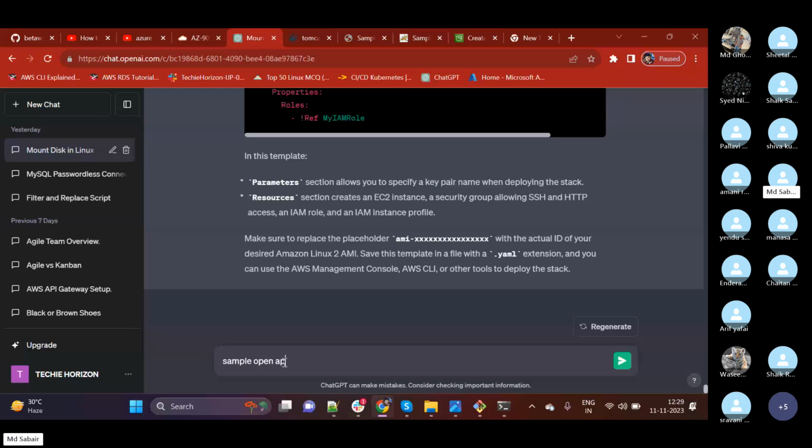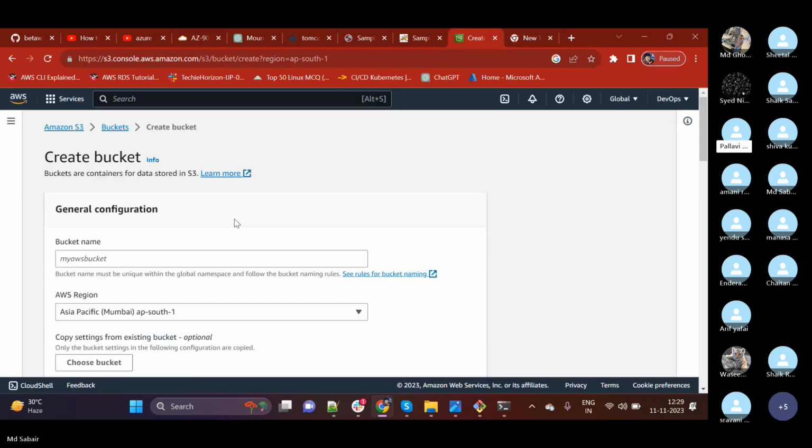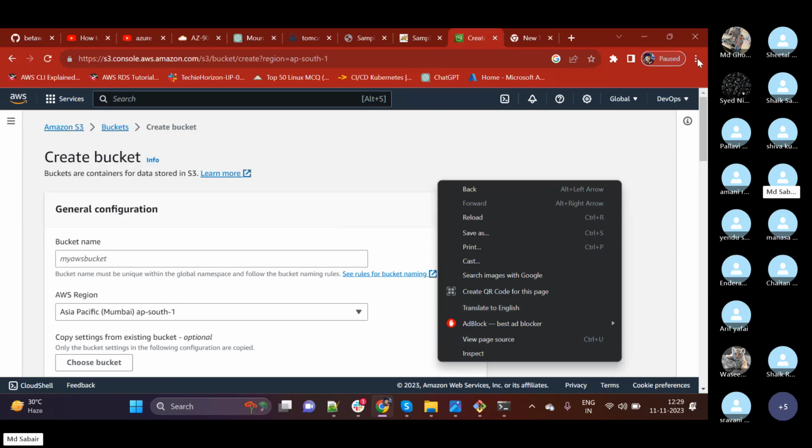Let us see if we have any sample open APIs so that we can test. Understood, Pallavi? Yes, sir. Got it. So whatever we are trying to do, it is hitting some API in the background. However the developers have written the code, that is how it happens. For example,